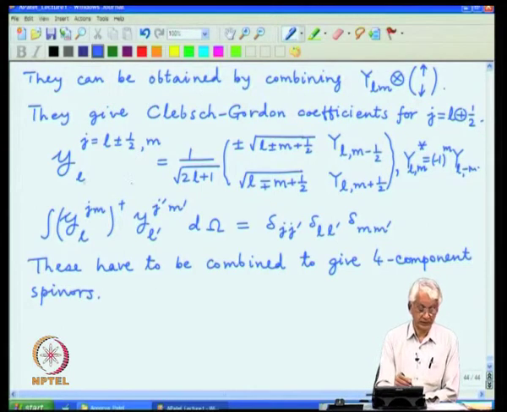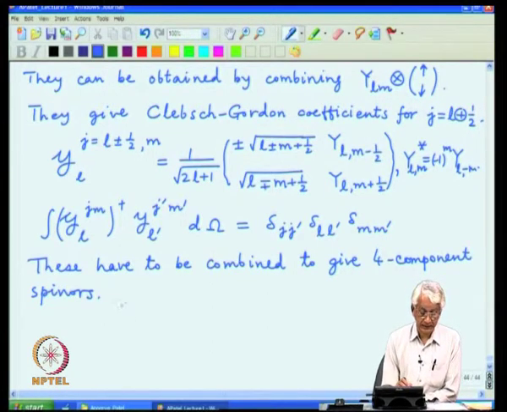There are only 2 components in these script Y wave functions, and so we have to use 2 of them. We already saw the effect of upper and lower components contributing with opposite signs, and that was a signature of the parity, and so we need to combine